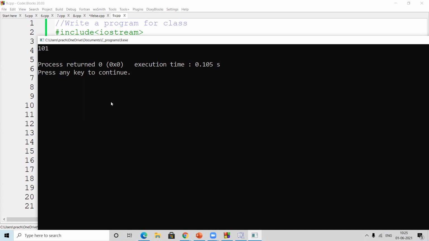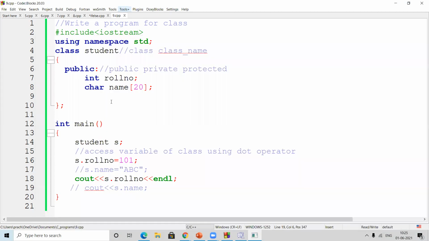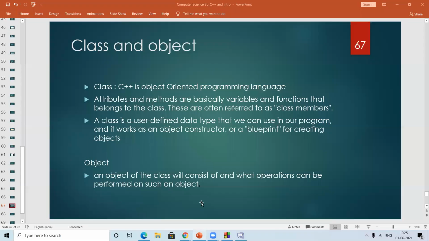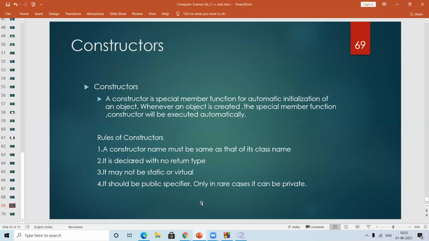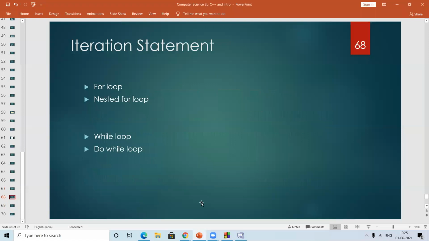So you just need to do the basic thing once: that you create a class and use it in main. Then we can move forward with our next topic, in the next lecture, which is constructors. If you want, I'll give you this PPT also, but we haven't completed whatever I required today.